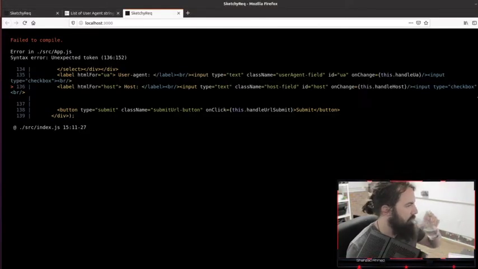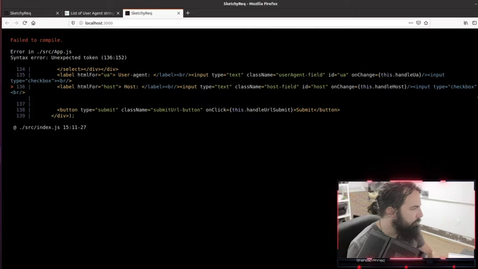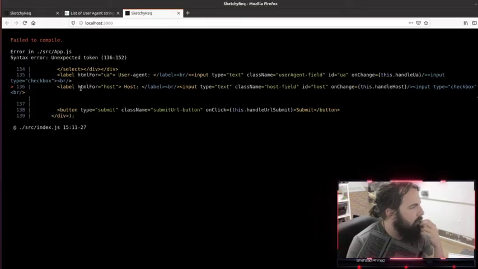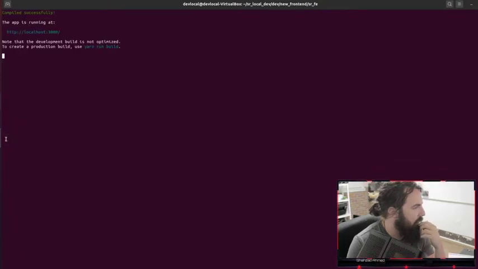Oh, this failed immediately. Oh. I also need to close out input. Alright, so hopefully that fixed it. Trying to compile. There you go.